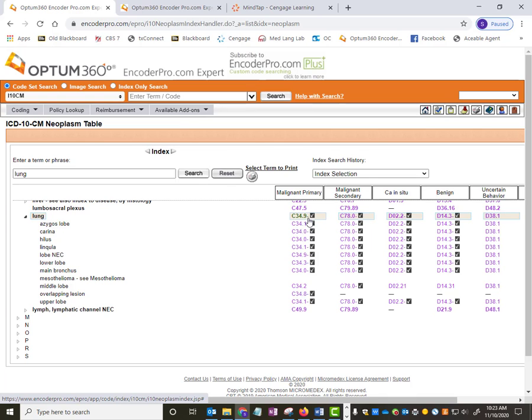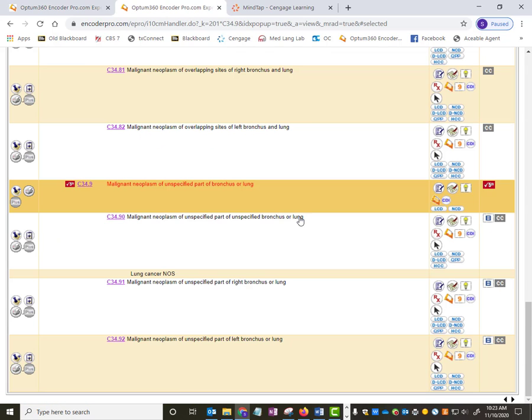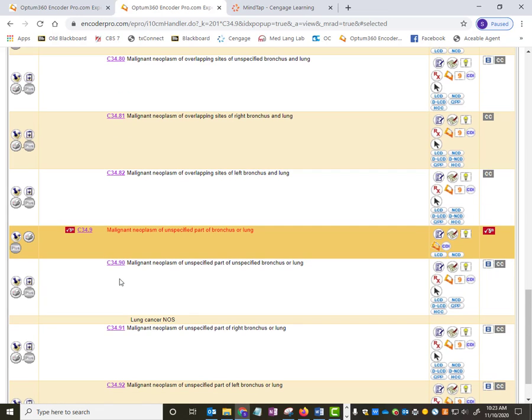Now look right here, it's giving you a little dash. Okay, so let's click on that. Okay, so here's the C34.9, but look, we have a red flag there saying that it needs a fifth character. And so if we come down to the indented codes, we know that this one says unspecified parts, but we do have some sort of specification. We know that it's the right lung, so we need to find out which of these options say right. And it's this one right here, malignant neoplasm of unspecified part of right bronchus or lung. So this is our first code,